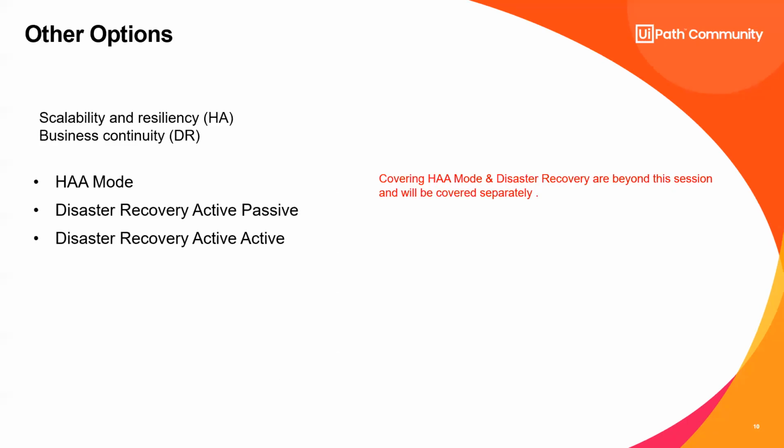Now, I've seen a couple of people asking about scalability and business continuity. We have different modes available, right? We have an HA mode available. I have just given you a quick background on how the HA add-on should be able to control disaster recovery. But we also have different models of disaster recovery, where active-passive or active-active are available. These are pretty advanced topics, and we do not want to cover them in today's session. We already have a session planned for multi-node deployment, and it will cover some of these topics. So moving next,